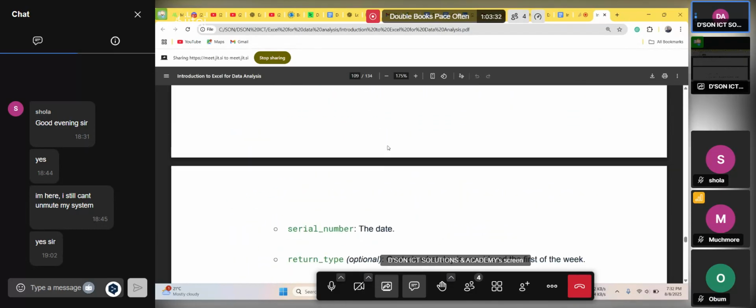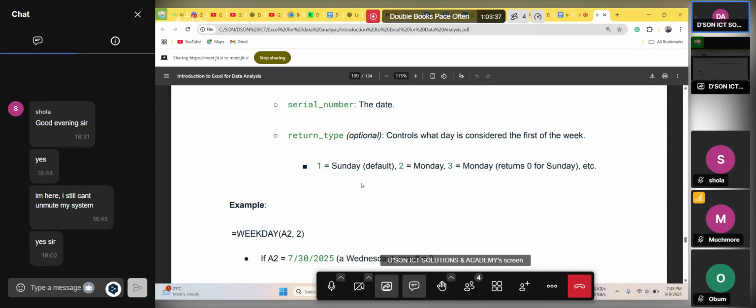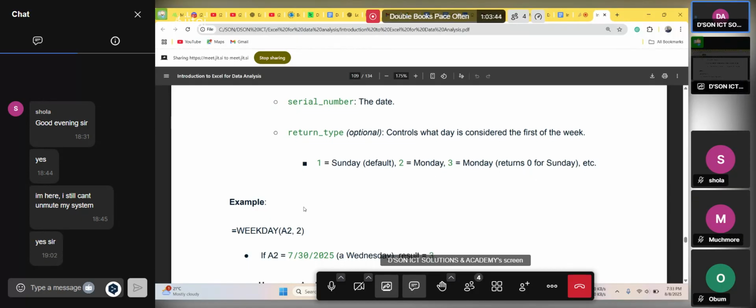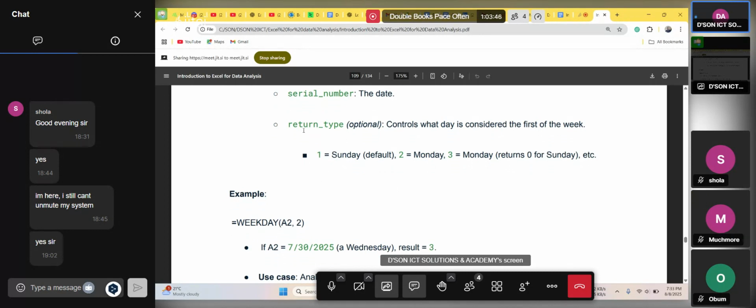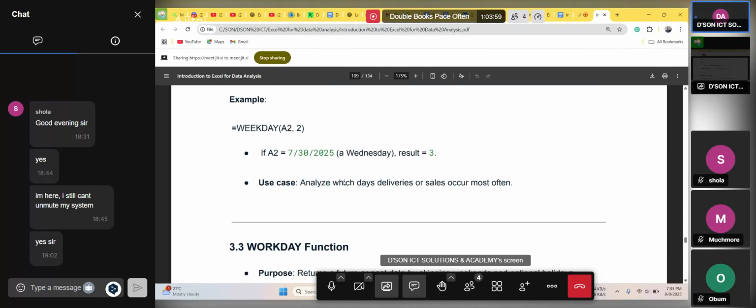So what will happen here, like we say weekday, it returns a number. So if by the time you do that, zero will always represent Sunday and one will represent Monday. But mind you, this return type is simply to choose which day is the first day of the week. Now, in this example, weekday A2, comma 2, you are simply saying that you want